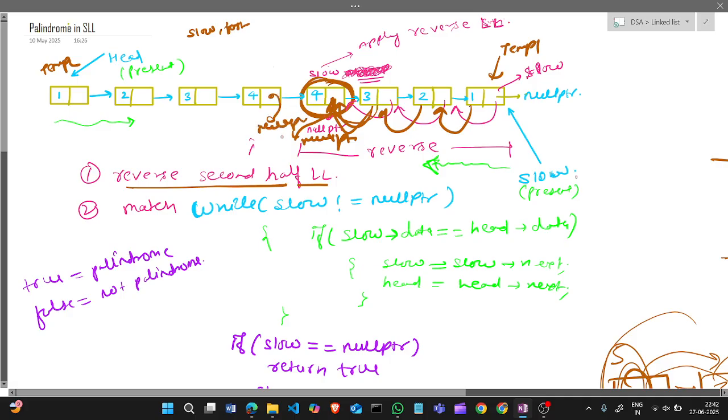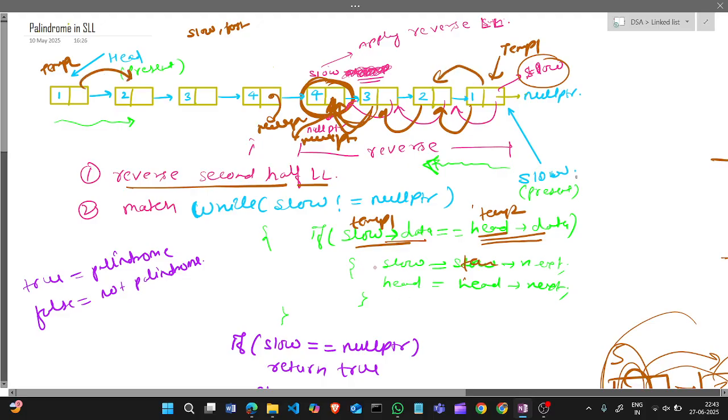Now check if slow data is equal to head data. This is temp 1 and this is the head, meaning temp 2. So if temp 1 data is equal to temp 2 data, then we will move temp next and head next, so it will move like this.